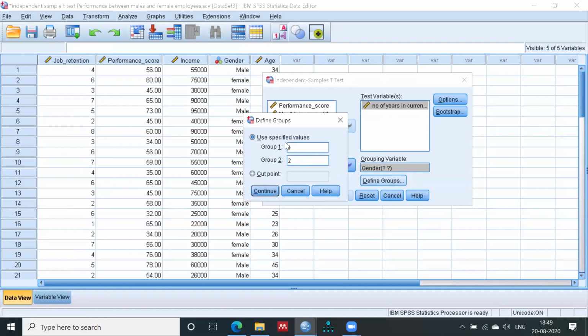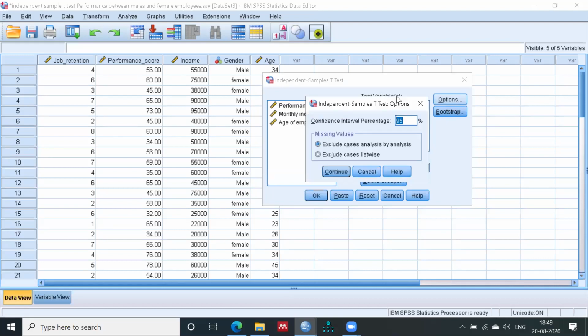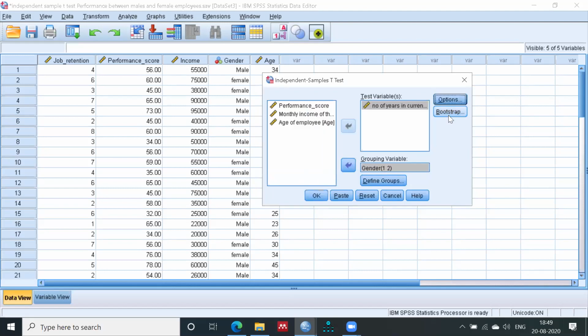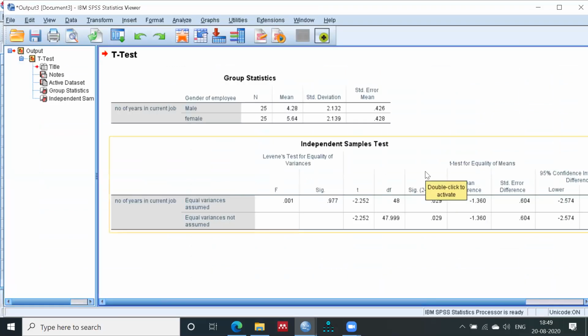Continue. In the options, 95% is already selected; you can change to 99 or 90 as per your problem. Click on OK. In the output view you can get the result of this analysis.